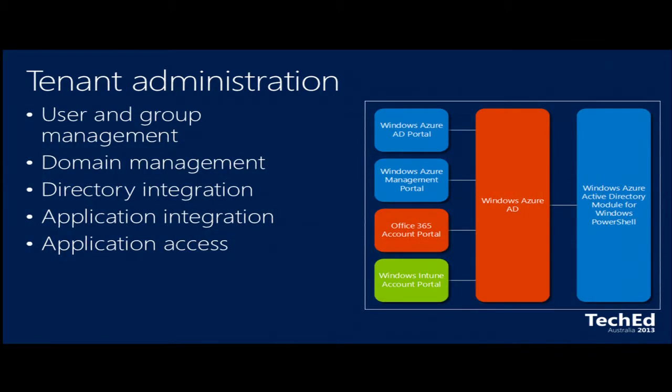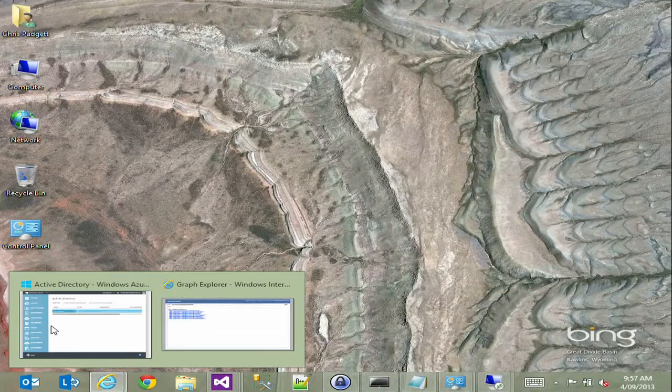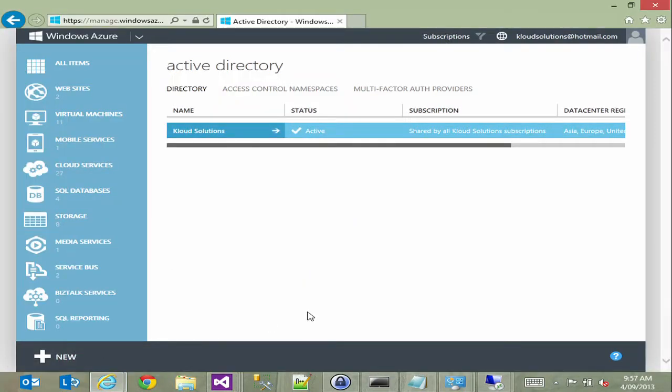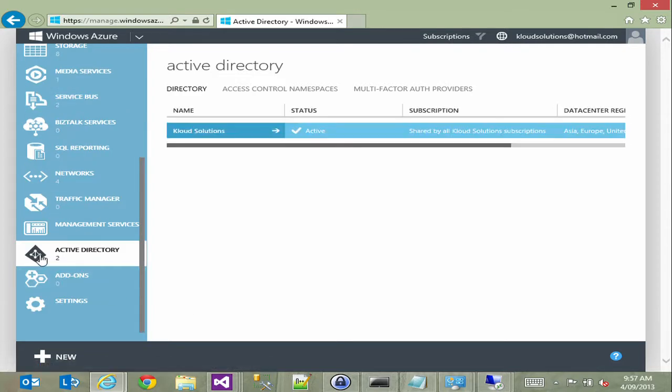Just before I talk about how you can administer a tenant and what you can administer, let's quickly flick to the Windows Azure Management Portal. Here we go. This is the Cloud Solutions subscription. There are multiple subscriptions under this single account, and I've created in advance of today's session a Windows Azure AD tenant. All I had to do was scroll down to the Active Directory tab, and before I had a tenant, the one and only tenant for this subscription or set of subscriptions, it invited me to create